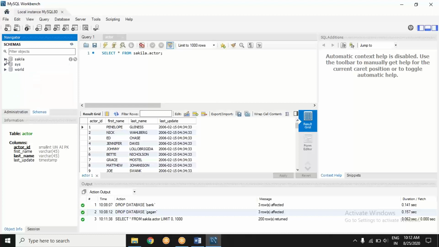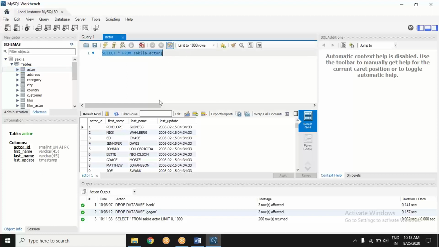When we clicked on this drop down arrow on Sakila, it opened a few lists. Among the lists, we chose tables. We clicked on that, and then there are several tables listed here which are present in this database. We clicked on this actor table. I hope everybody has realized by now what has happened. You see, there is a query which has executed. There is a command which executed by these various clicks you have made.